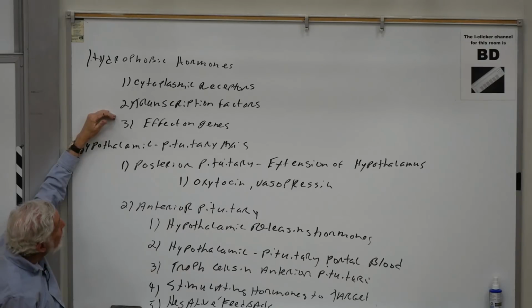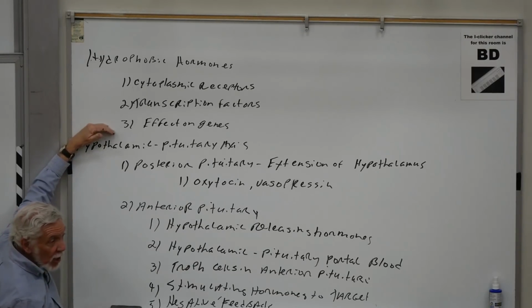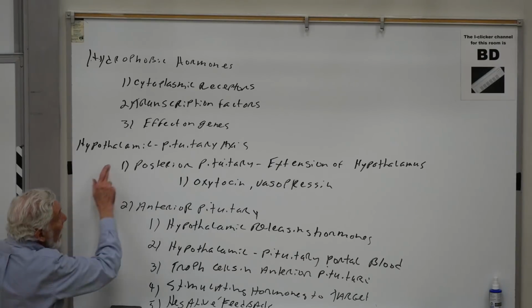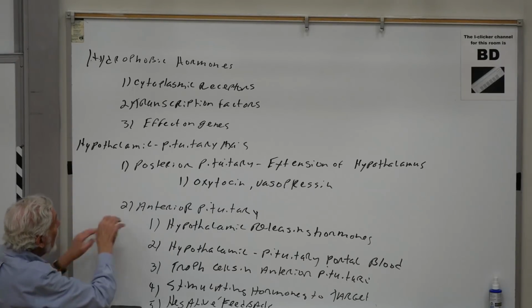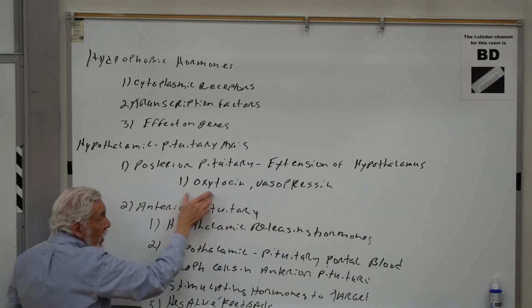And once inside the nucleus, the hormone receptor complex now affects genes as a transcription factor. So through this process, we're actually going to turn on genes. And then we'll talk about the hypothalamic pituitary axis, the posterior pituitary being an extension of the hypothalamus, releasing these